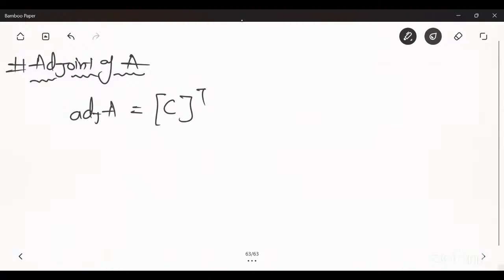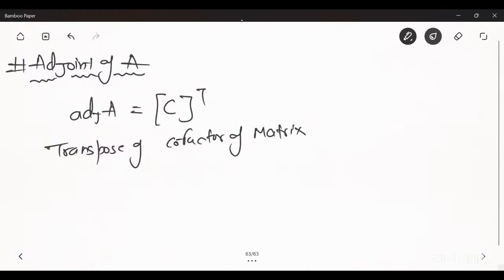Okay, so adjoint A is the transpose of the cofactor of the matrix. So what is the adjoint A? Transpose of the cofactor of the matrix. So firstly, suppose you have A equal to 2, minus 1, 3, and